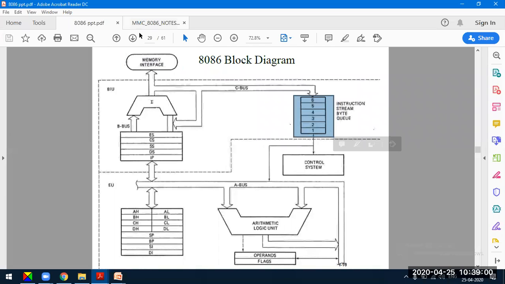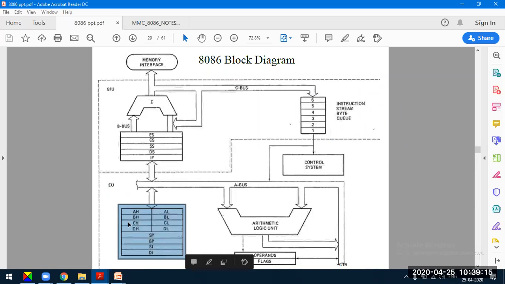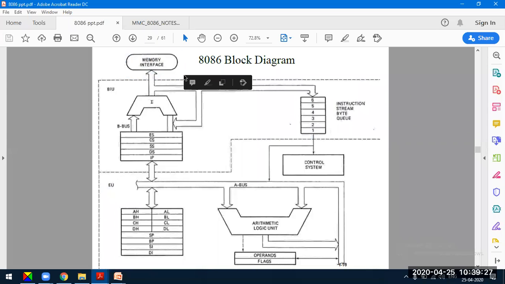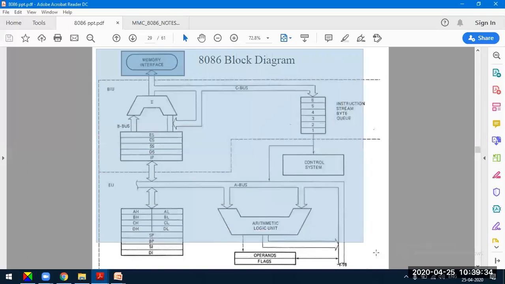The execution unit will fetch the instructions and data from the queue into the internal CPU registers, for example, AX, BX, CX, and DX. It will be executed by the arithmetic logic unit, which generates the result, and the result is stored back to internal memory or external memory. So that's how the 8086 operates. This is the basic architecture of an 8086 processor.